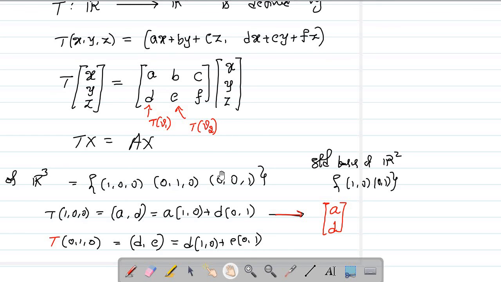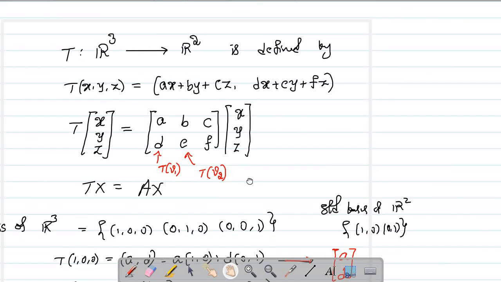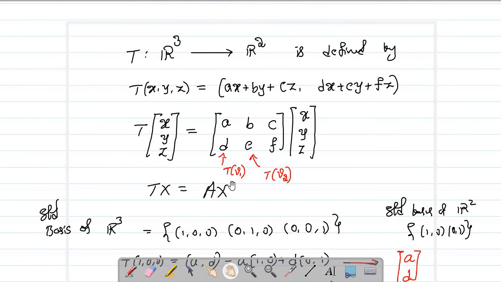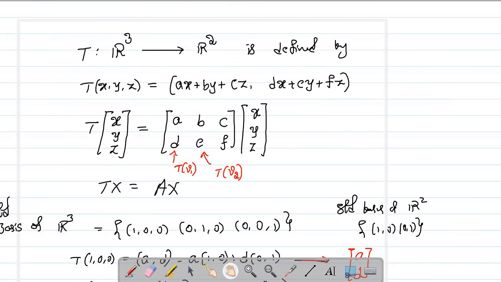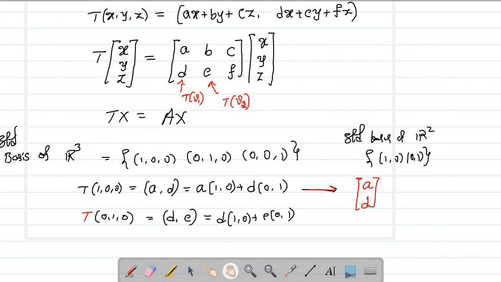Since it is a standard basis, it is easy. You can directly write the matrix. But if it is not a standard basis, then you need to do a little work. For example, for the same problem, if the basis set is different, let's say I'm taking the standard basis only on one side, but here I'd like to change the basis set. So here I'll change this basis set to (1,1) and this one is (1,